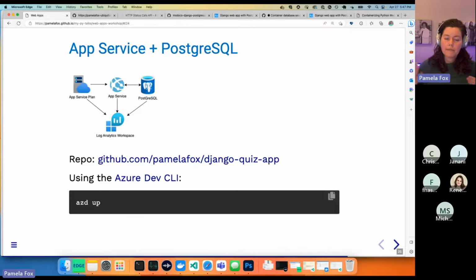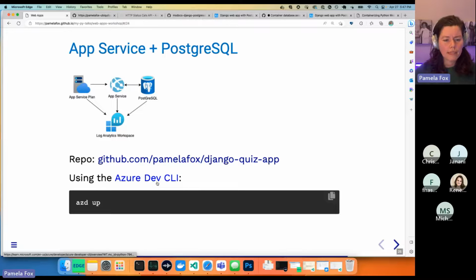So for App Service and Postgres, there's a few different kinds of architectures you can imagine. One architecture would just be App Service with the Postgres database, and whenever you have App Service, you're also going to have an App Service plan. They just come together. The plan does some of the scaling stuff. And then I usually throw in a log analytics workspace. It's really cheap, basically free. And that's just if I want to do some advanced logging and analytics. It's always good to throw that in there. But the heart of this is App Service, and they communicate with each other.